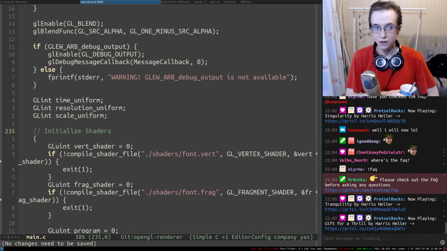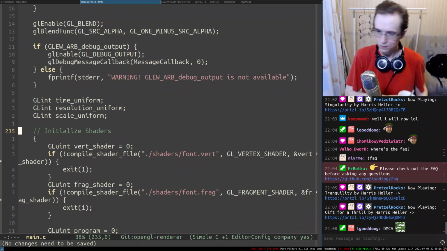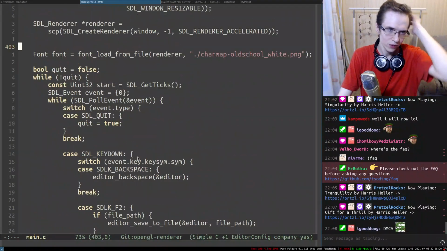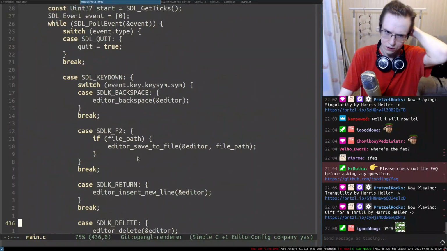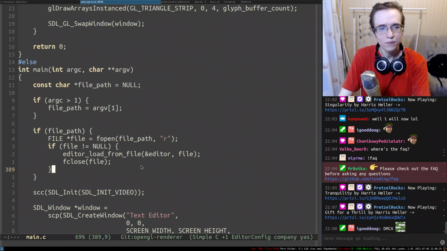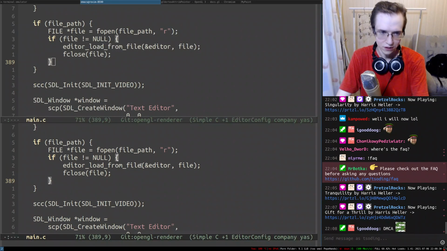So let's go ahead and integrate the main application. How are we going to be doing that? So one of the things we have in there is that we have an editor. I'm gonna just compare things side by side.